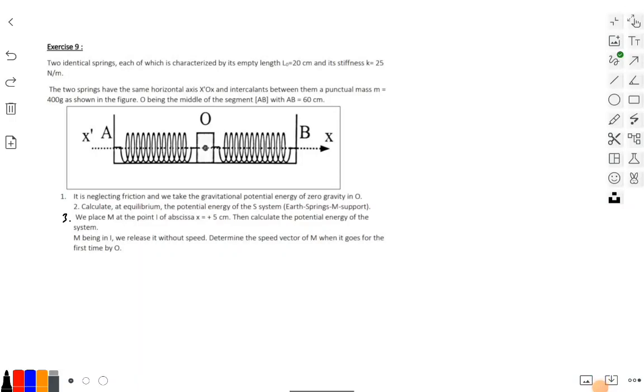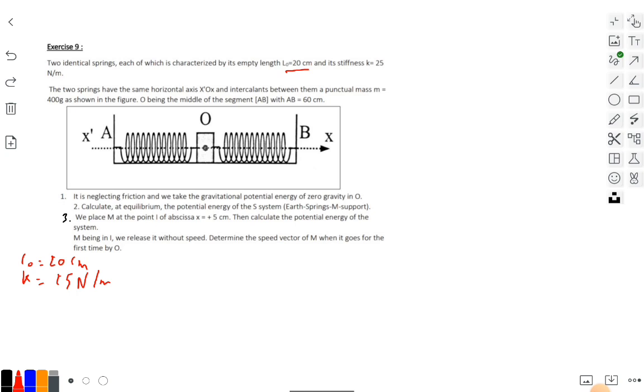Exercise 9. Two identical springs, each characterized by its empty length L0 equal to 20 centimeters and its stiffness K equal to 25 Newton per meter. The two springs have the same horizontal axis, x'x, and between them is intercalated